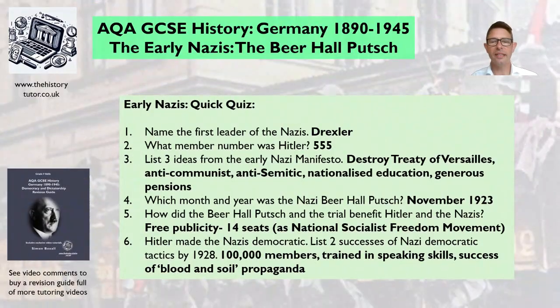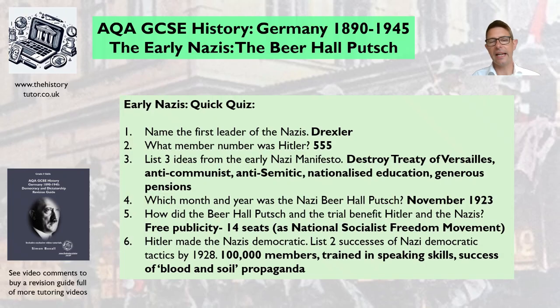Okay, you've got the answers then. So name the first leader of the Nazis. Well, that's Anton Drexler, of course. And important to note that he was not necessarily a nationalist. He was a little bit more of a socialist. This was a backroom pub party discussion group talking about national ideas, of course. With the end of the war, there's a lot of nationalism, but he was worried about socialism and the workers as well. So this is what drew Hitler in, a tempting mix of both the workers and nationalism.